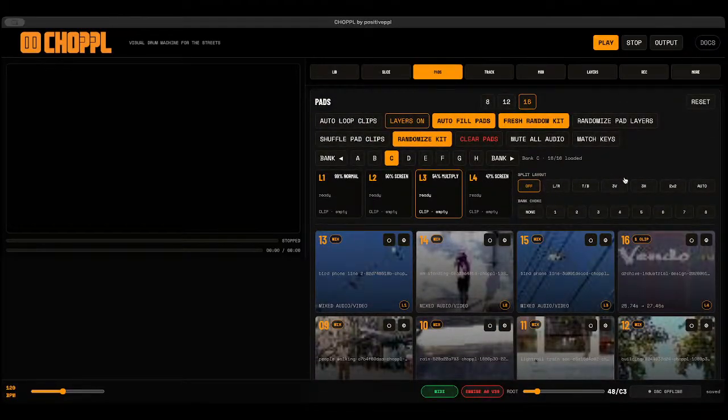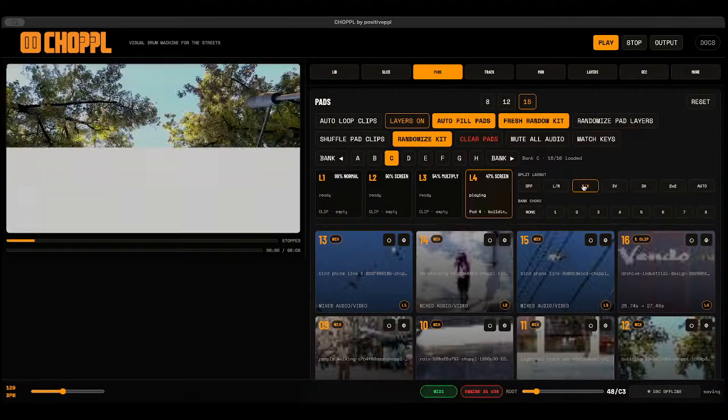There is also, I have this split layout, which is kind of cool. If you turn on one of these split layouts,